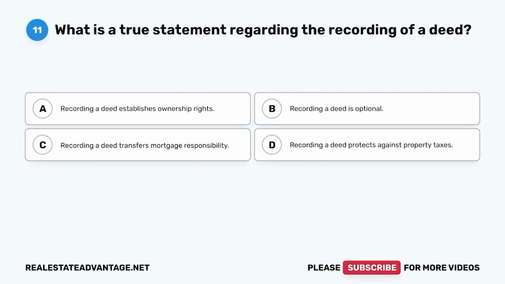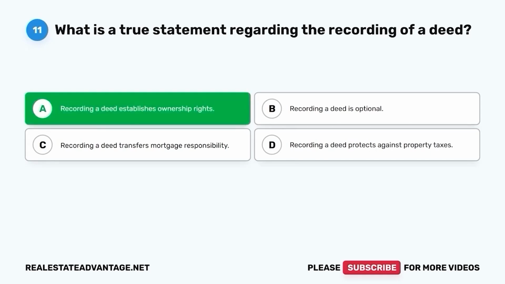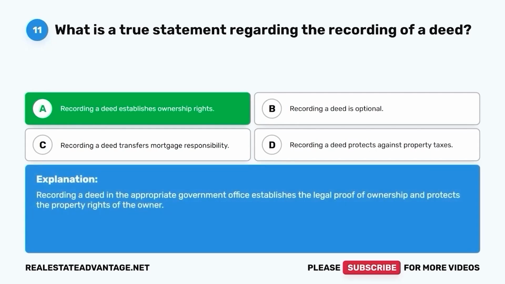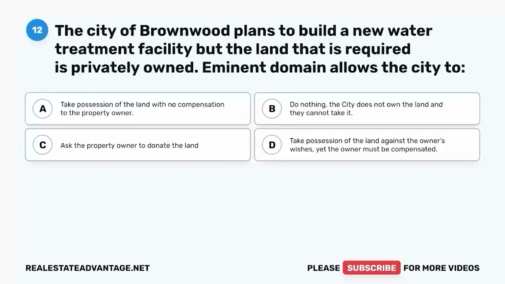What is a true statement regarding the recording of a deed? A. Recording a deed establishes ownership rights. B. Recording a deed is optional. C. Recording a deed transfers mortgage responsibility. D. Recording a deed protects against property taxes. The correct answer is A. Recording a deed establishes ownership rights. Recording a deed in the appropriate government office establishes the legal proof of ownership and protects the property rights of the owner. Question 12. The City of Brownwood plans to build a new water treatment facility, but the land that